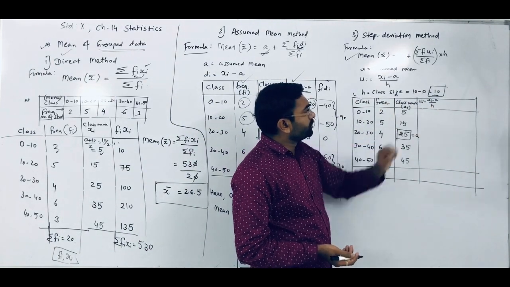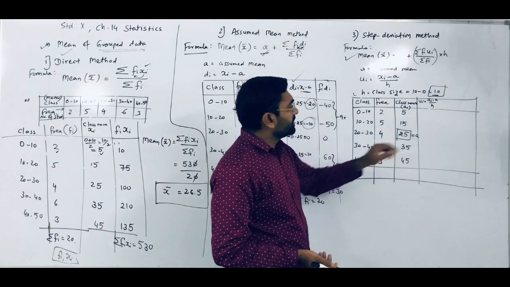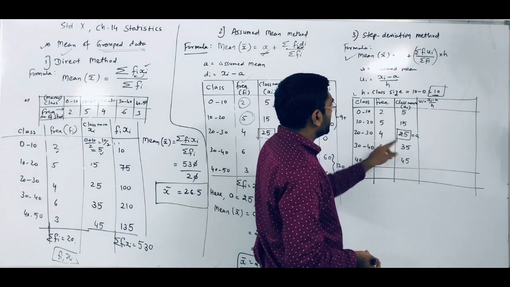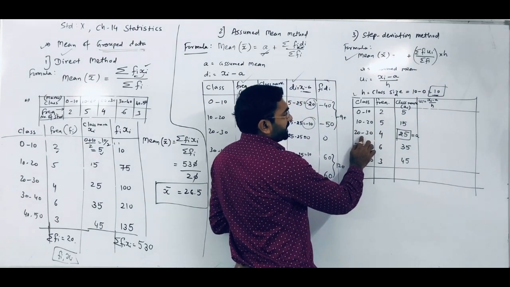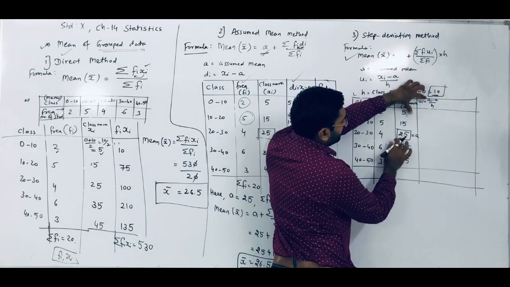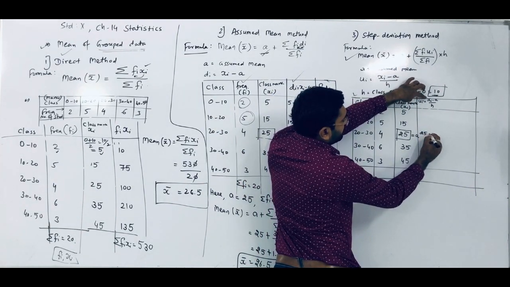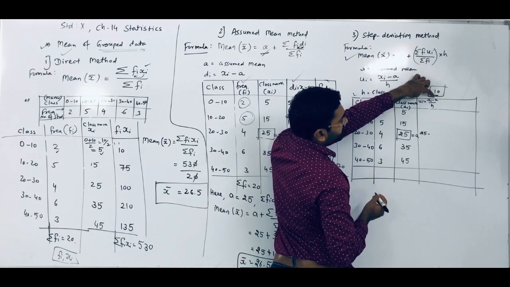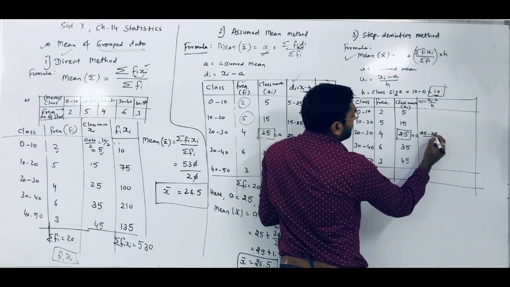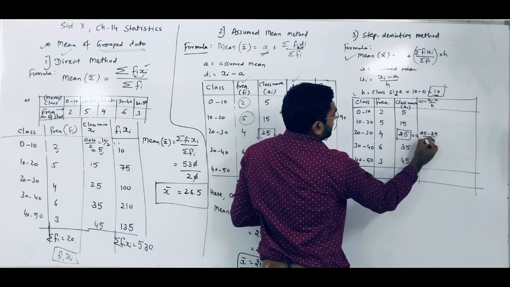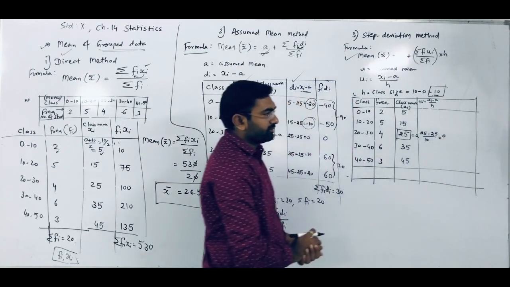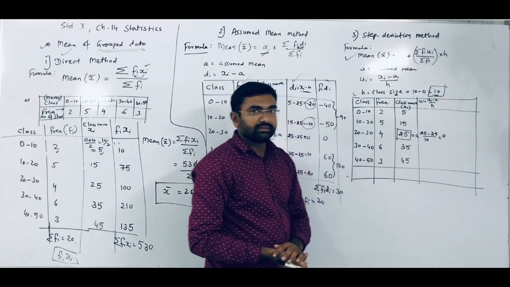So here the given observation class size is 10. So that h value we have to put here. Okay. The a value we assume as 25 and the xi value we have to take as the class mark. Suppose I want to find that class's ui value. For that, its xi value we first have to put: 25 minus whatever we assumed as a, which is 25, divided by h value, which is 10. So what we get? 25 minus 25 is 0, by 10, so we get 0 only. So that class's ui value is 0.